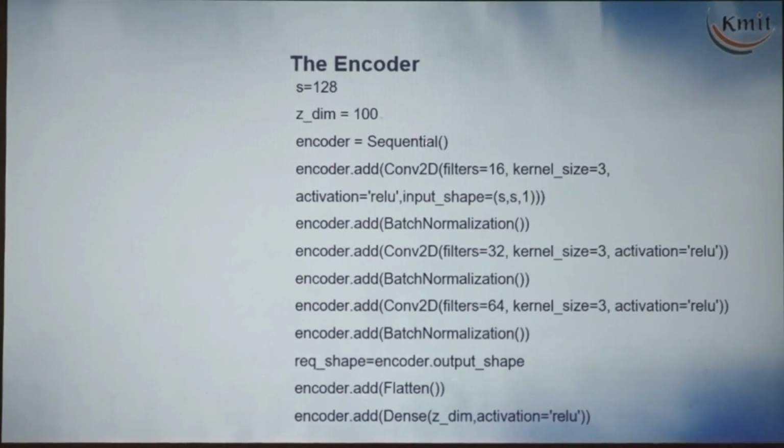Now, encoder equal to sequential. I am creating the sequential model. Again here, since you have not done the practical program here, I am explaining this. If you want to develop one CNN model, there are 2 ways. One is, you can develop the sequential model or simply model. Sequential model means layer, next to that another layer through the sequential manner.